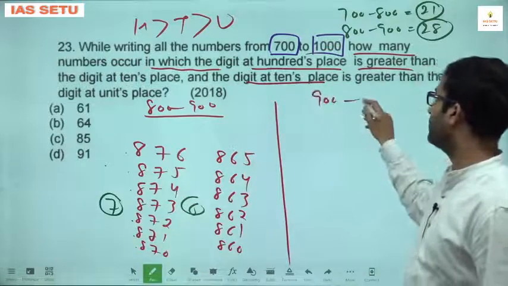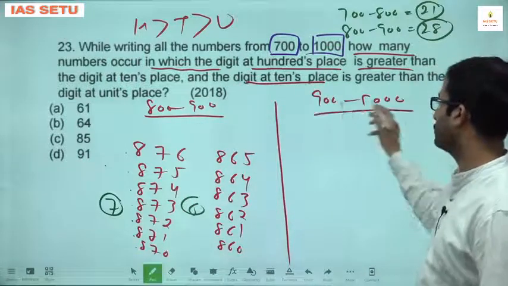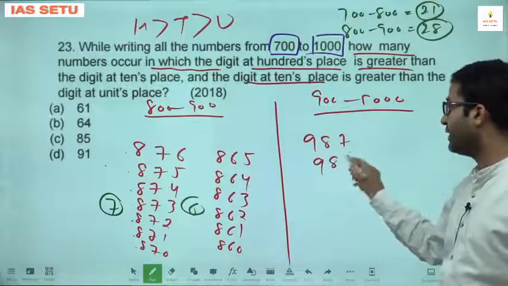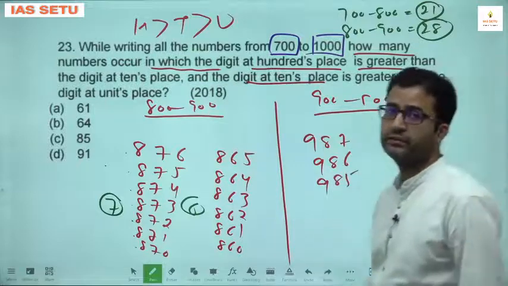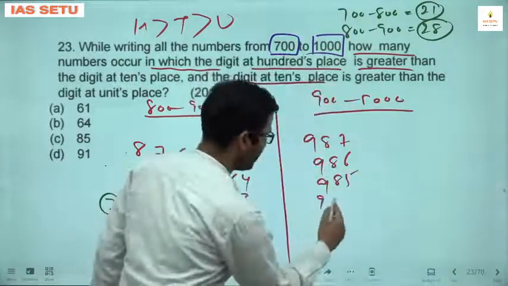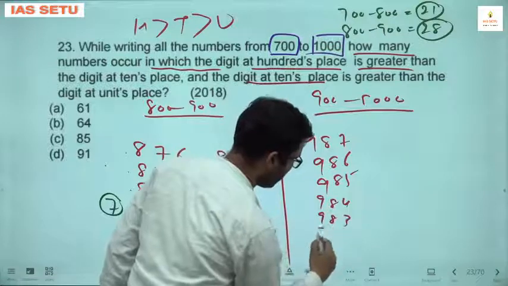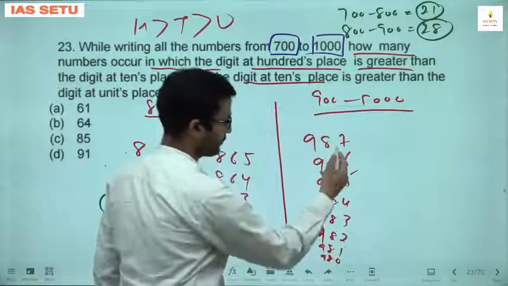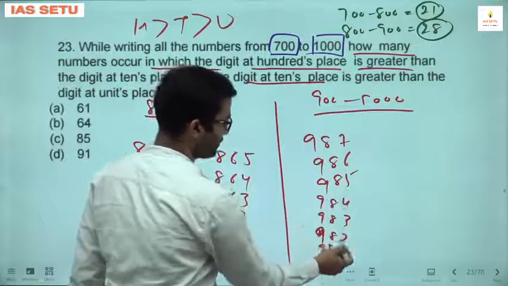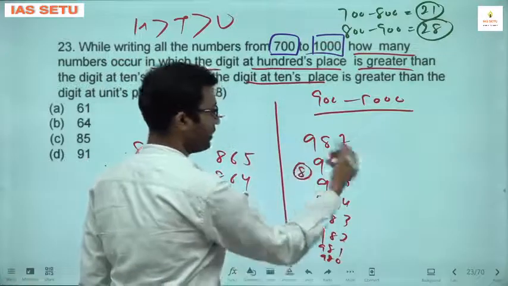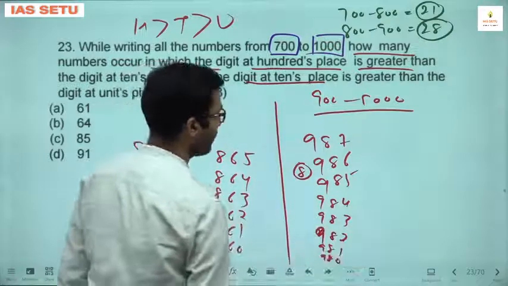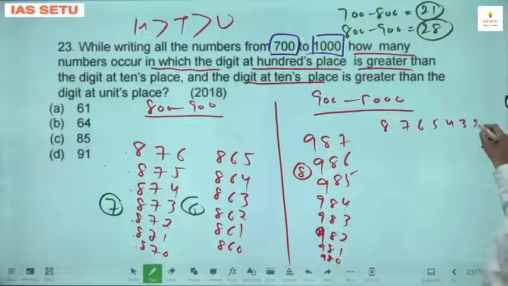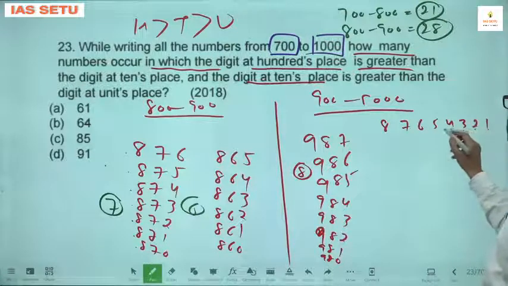This is between 900 and 1000. So first number 987. Then 986, 985. After that we have 984, 983, 982, 981, 980. This is 1 2 3 4 5 6 7 8. We have 8. Then it will be 7. Okay, so it will be like 8 7 6 5 4 3 2 1 1 2 3 6 10 15